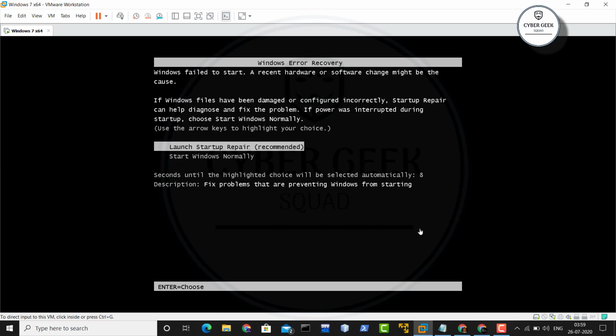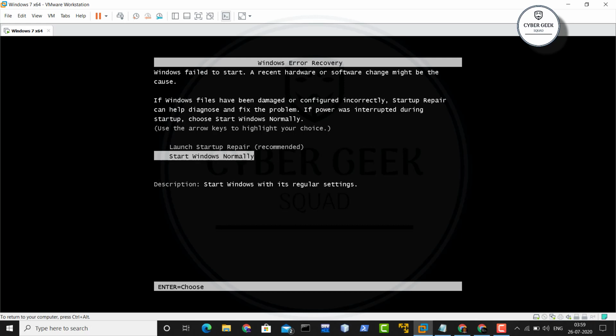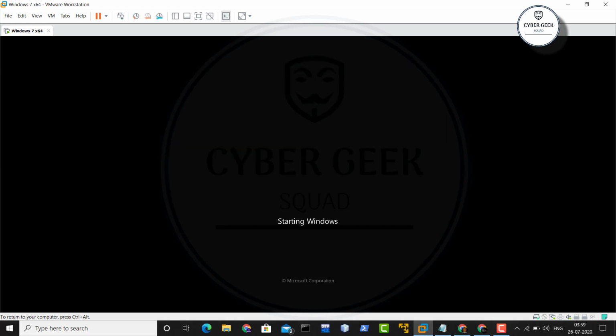And you can see my system is not restarting. When I was restarting, you can see over here Windows 7 is asking me to launch startup repair or start Windows normally. So I'll go with normal. This is why I have chosen Windows 7, because it is really easy to get into safe mode if you have messed up anything, where you have run a virus or anything which is creating a problem when you start up. This is how you can easily get into safe mode, and you can delete those files so that you can rectify those problems. So once it starts up, let's see whether the execution of the terminals is going to continue or not.